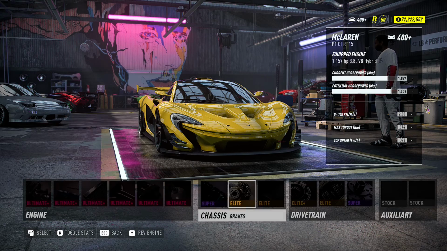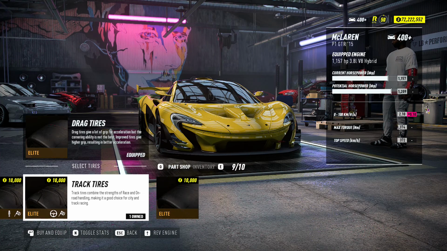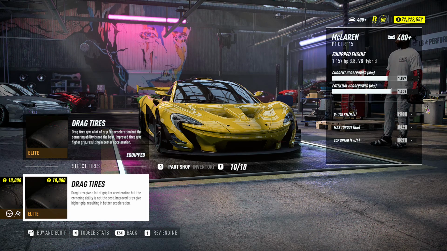Same here, latest upgrades. Drag tires give you some extra, so if you use track tires, they are not as grippy as the drag tires, but drag tires give you extra acceleration. Not much, but it gives you something. So on road,